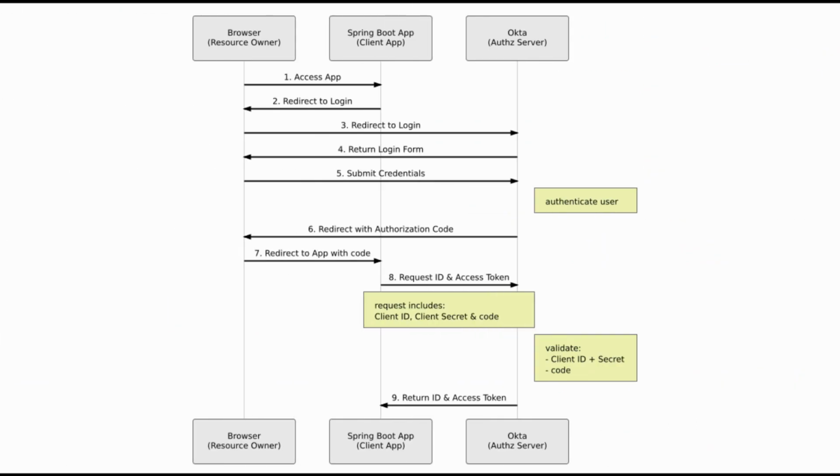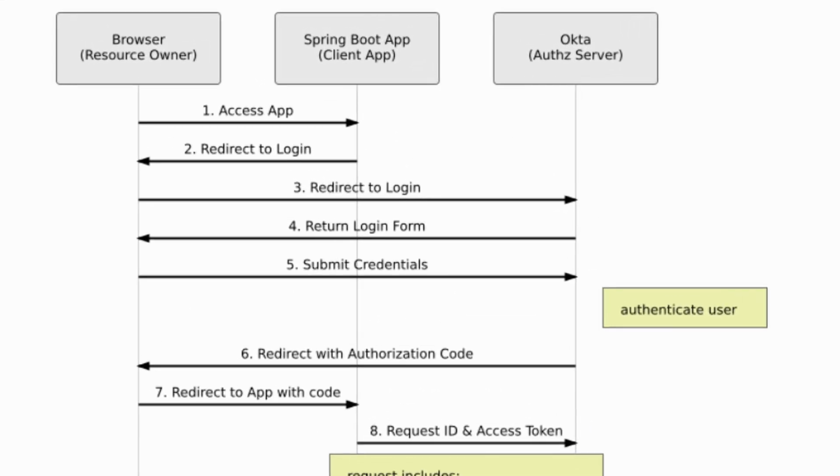Here, the resource owner, which is us, the end user, tries to access the Spring Boot application, the resource server, which takes us to our Spring Boot application's login page. On your application's login page, you will have a button to sign in using Okta. The button hits the /authorize endpoint of your Okta server with information like client ID and redirect URI, to request authorization code. If you are not logged in already, you will be redirected to the Okta sign-in page,